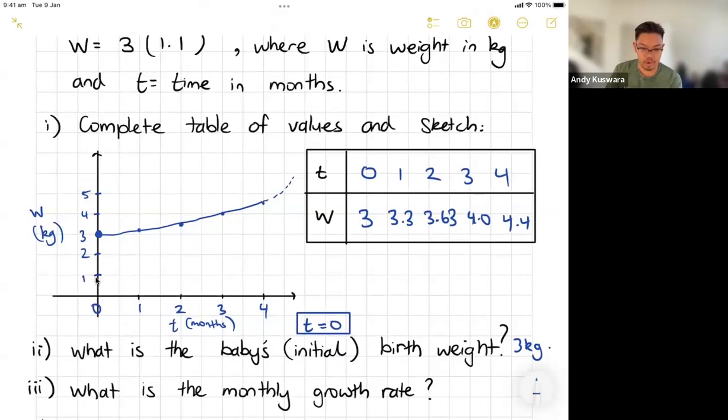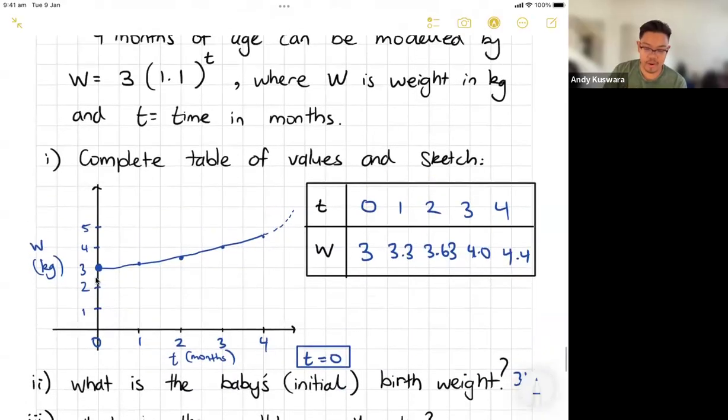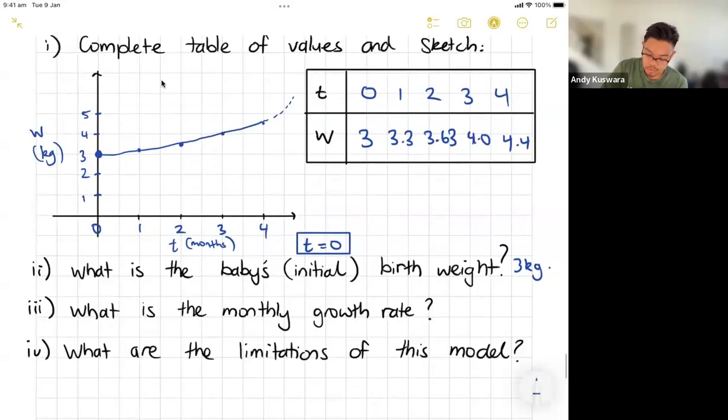What is the monthly growth rate? Now, you can see here that the growth rate has got to do with this value in here. Now, remember when we were talking about that last lesson, if this number was less than 1, it would decrease. If it was greater than 1, it would increase. And so it's definitely greater than 1, but it's only greater than 1 by a little bit. So because it's greater than 1, 1.1